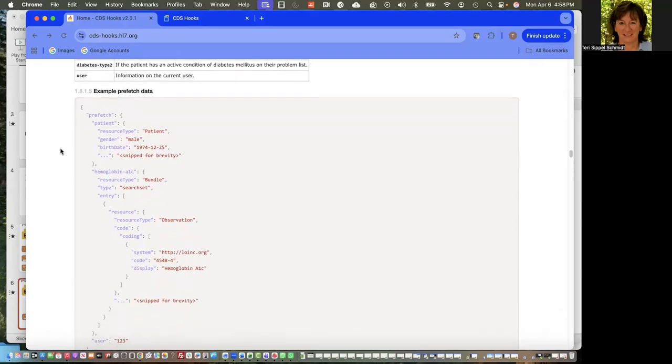So now, again, this is what the EHR would be sending to the CDS service to make things go more quickly and increase the performance. So here we have the prefetch. We have the patient. This would be the entire patient instance right here. Here we have the variable hemoglobin A1C as defined by the CDS service. It's a bundle. And we should only have one resource type of observation because that's what they requested with a